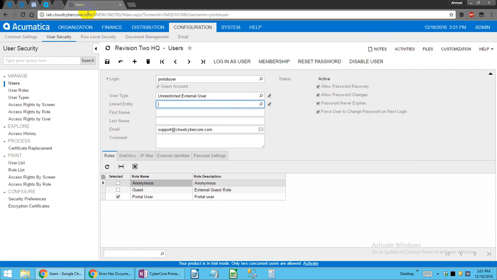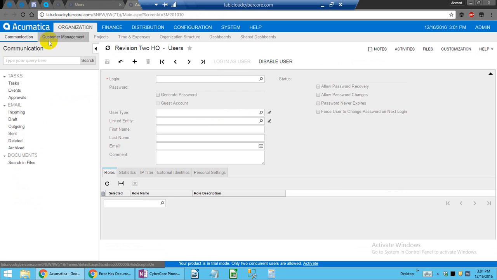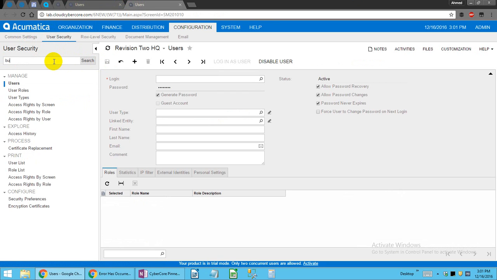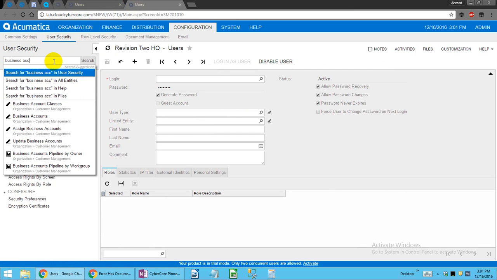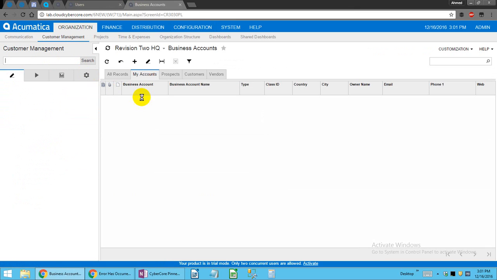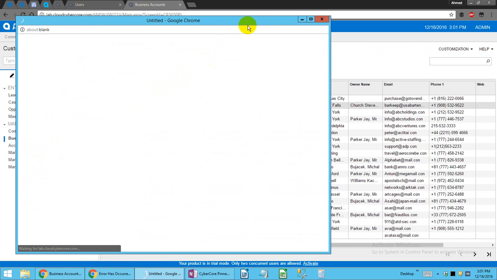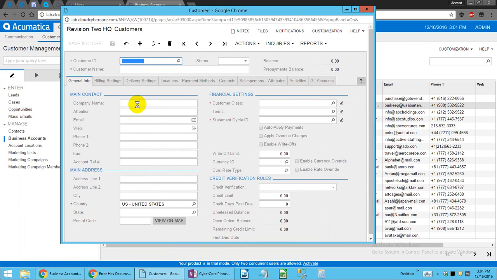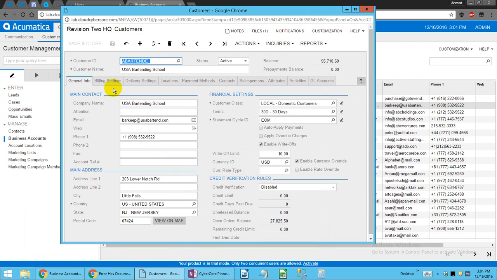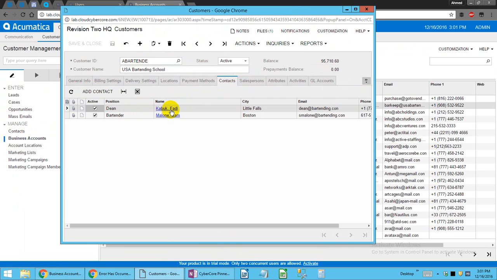So I'm going to look for a contact that's in a business account that has a lot of things we can see, to demonstrate the faculties of this. So this business account has contacts, and I want to choose Fadi Kabuk,